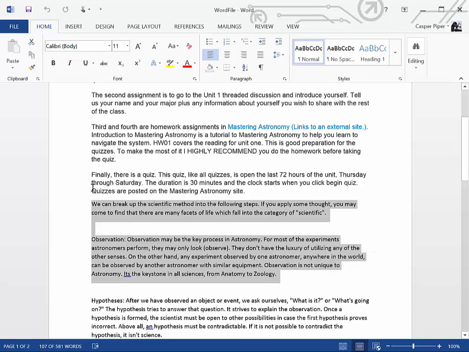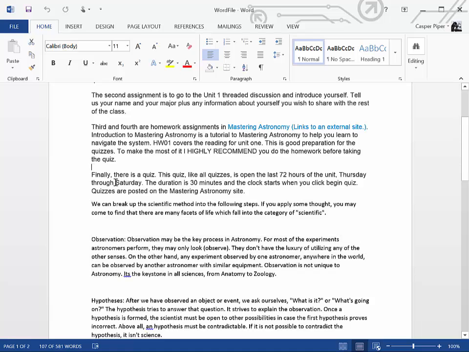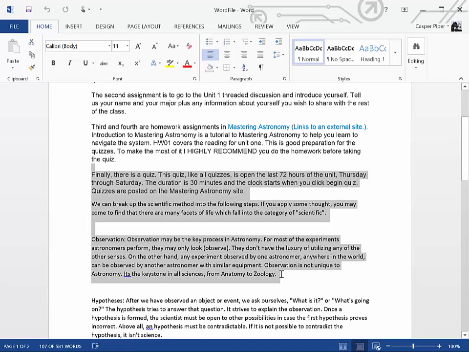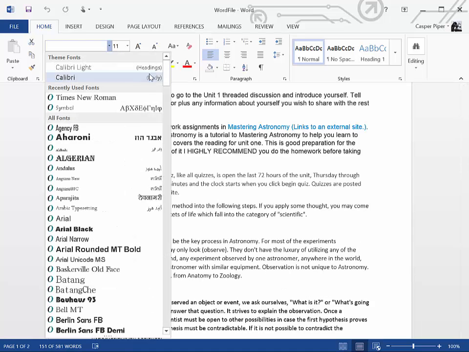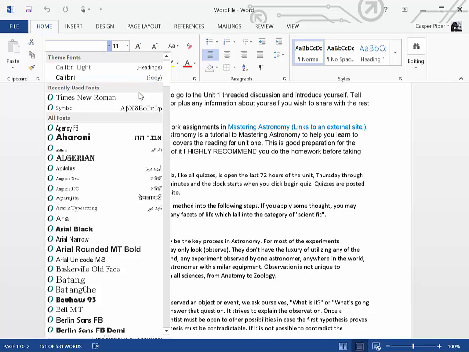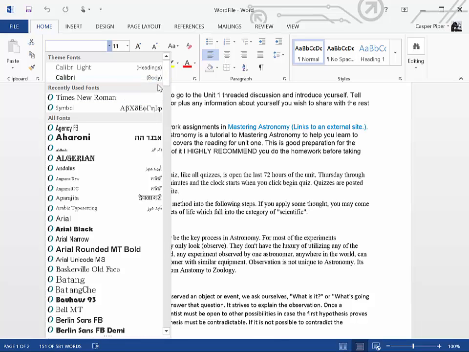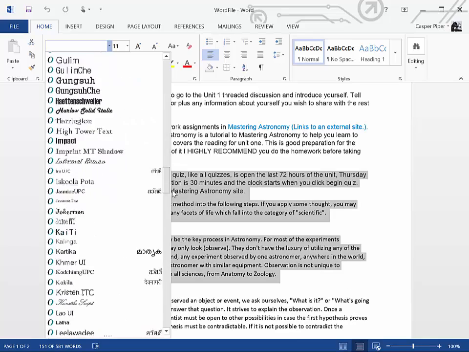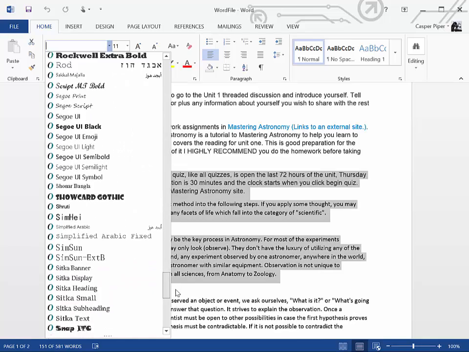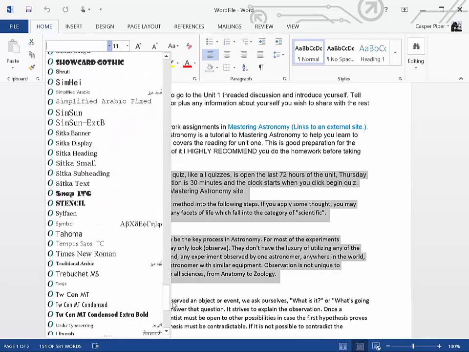So in order to make the fonts the same, you just have to highlight all of the areas that we're interested in. I'm just going to do these couple of paragraphs here. I like to use Times New Roman, so we click up here in the font area, and I'm going to go down and choose Times New Roman. Now I have it here in recently used fonts, but everything here is listed alphabetically. And so I'll scroll down to Times New Roman, but on my way I want to stop in here at